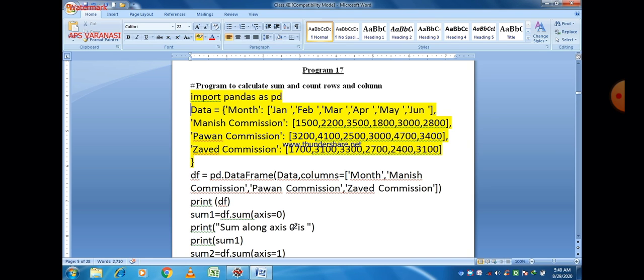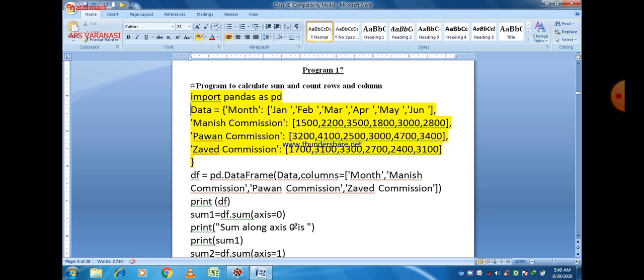So the values of Month are January, February, March, April, May and June. Manish Commission, Pawan Commission and Javed Commission are given as integers. So these are the 4 keys, and the values belonging to these keys are given here. So after the execution of that statement, there is a dictionary named data.